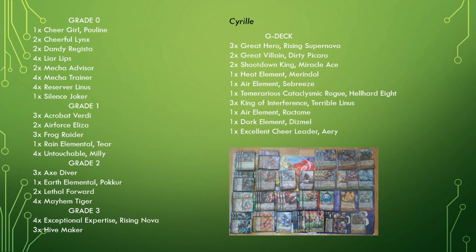2 are enough. But yeah, and of course you have the 2 Cray Elementals, of which the Sebreeze is a key card in this current meta, and we have the Merendol, which is also very good in spikes. I think people even play him now at 2 in the turbo deck because he could attack the rear guard,